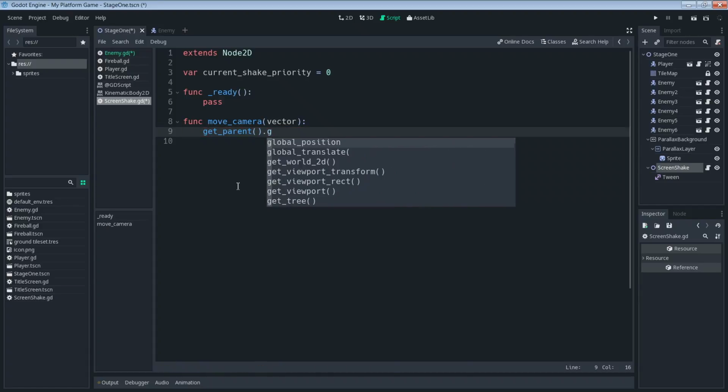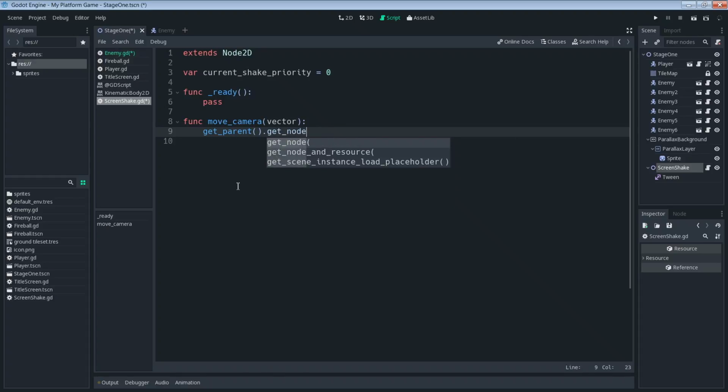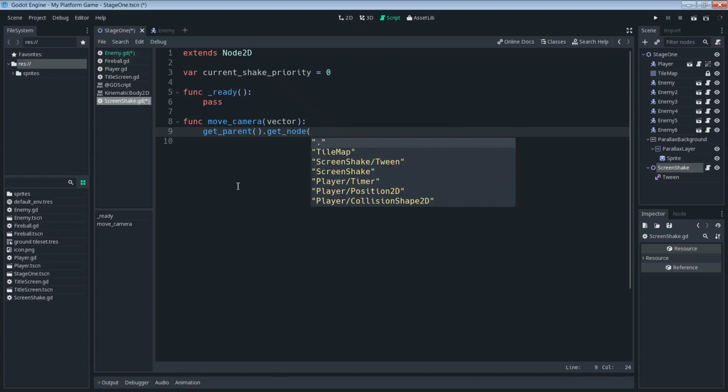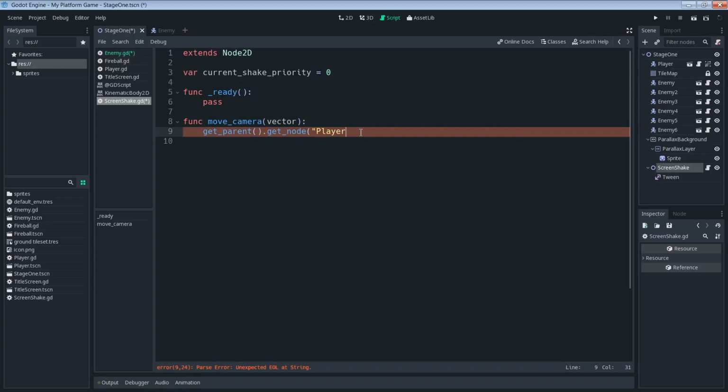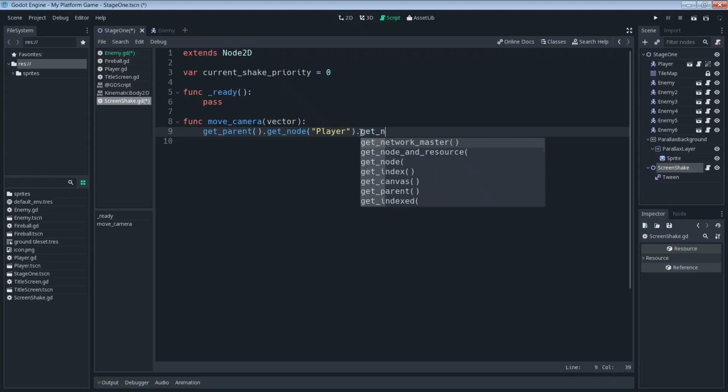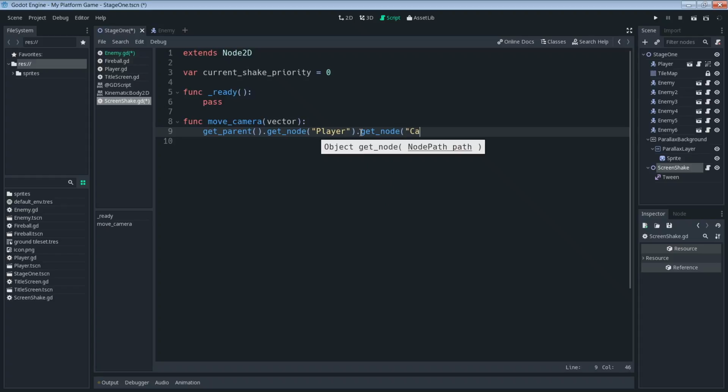get_node. We're going to get the node player, which you can see in here. The player is the one that's got the camera. That's why we're accessing the player. So get_parent, get_node player. What do we have next? We have get_node Camera2D dot